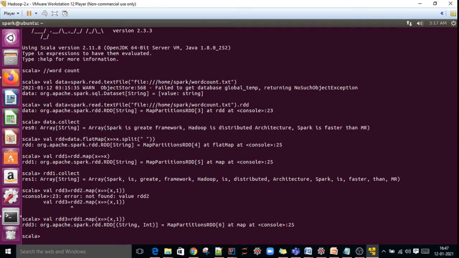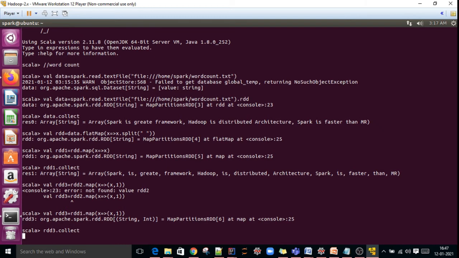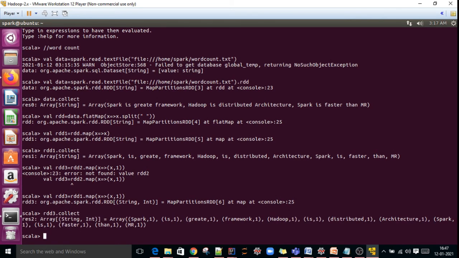If you see the output with rdd3.collect, it is arranged as key value pairs. If data is in key value pairs, now you can apply reduceByKey.